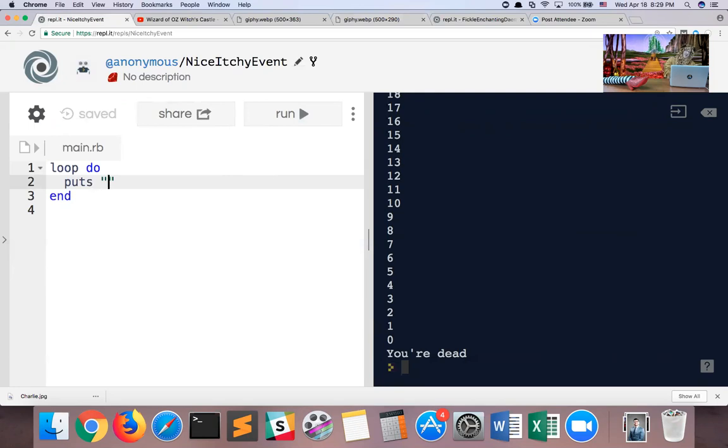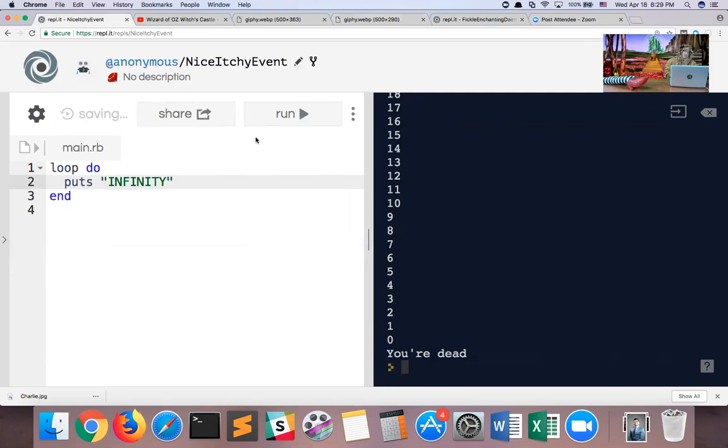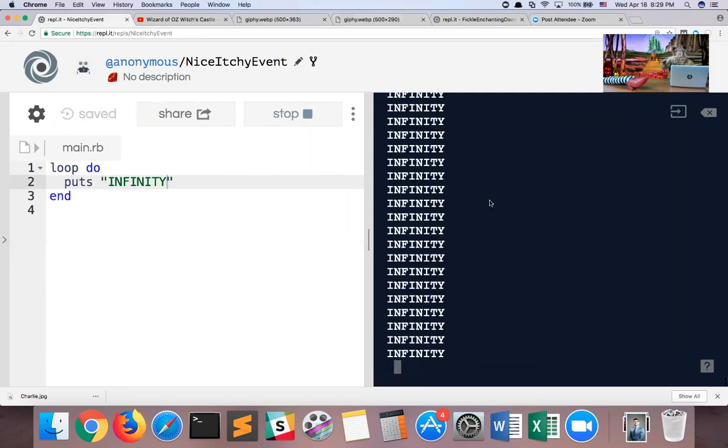So let's print infinity and run that. This program is running infinity forever. It's not stopping. If I want to stop it, I have to click the stop button. Oh man, I'm stuck. I better get out of here. I'm going to refresh the page. That's my only way out of it. The stop button officially should stop the program, but if it doesn't, then we're going to refresh the page. That may have been a really bad idea. Okay, let's get out of there.